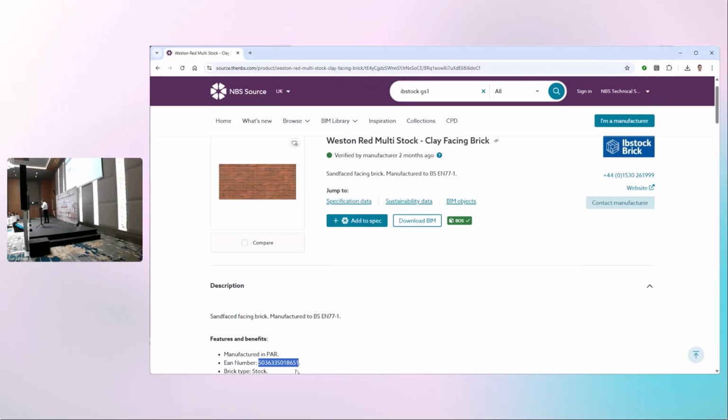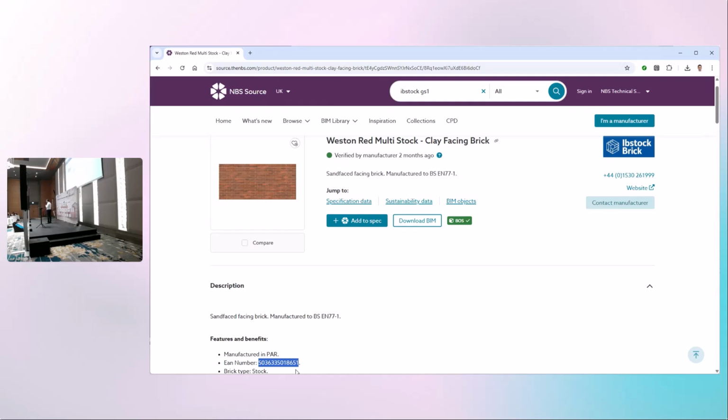You can see, this is one example. They used to capture it just in the features or in the descriptions, but now there is a specific field within NBS Source where they can capture the GTIN. So architects can now just type the GTIN in the search and find that product.